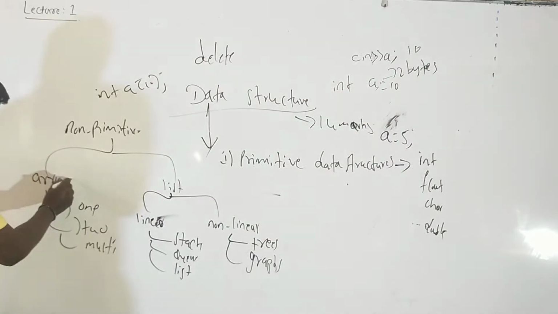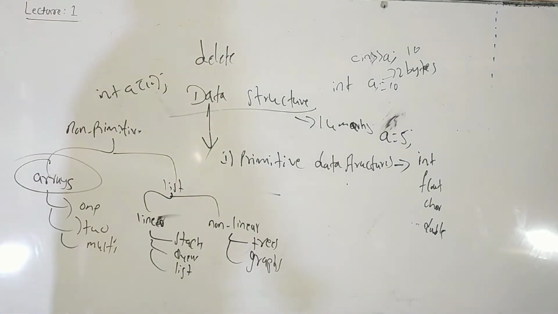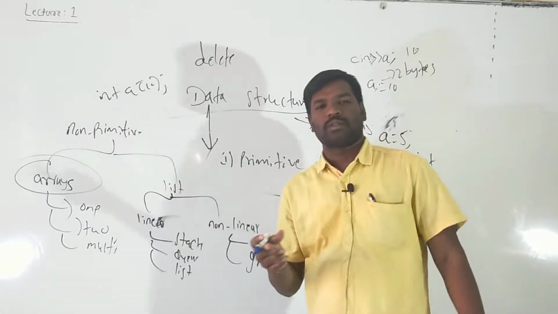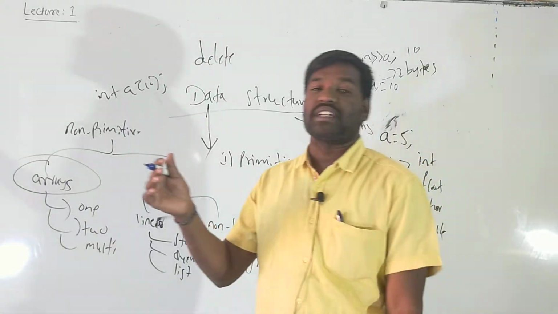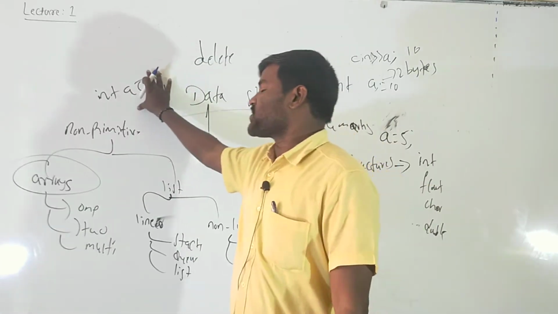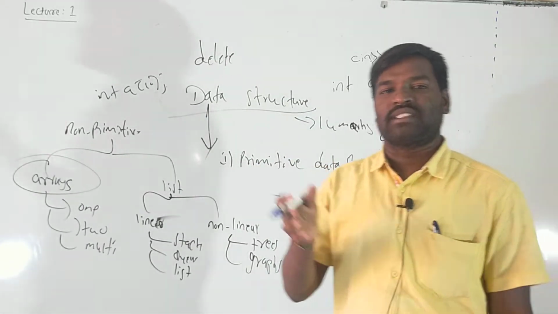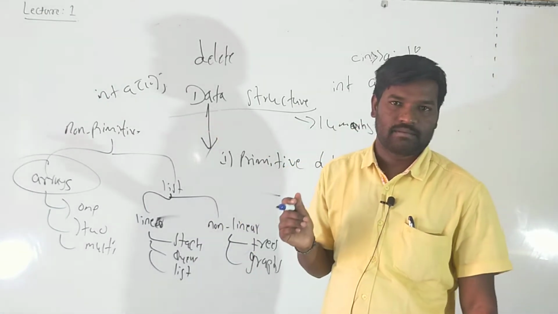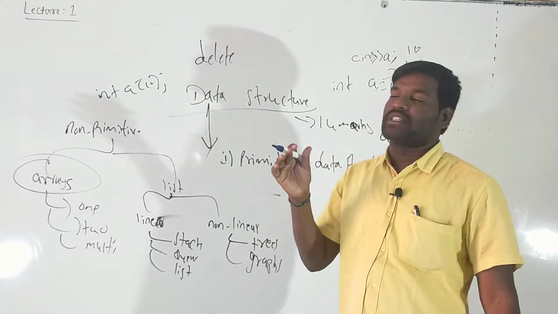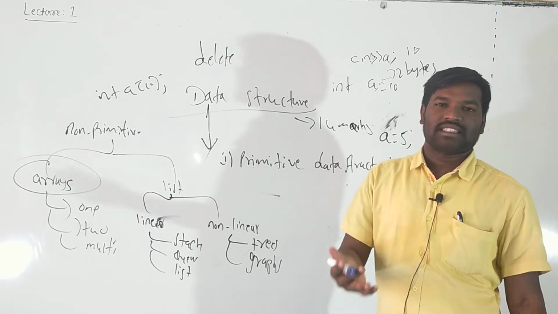Example, arrays, list, and we already know what is array and what are the types of arrays. Array means it is the collection of homogeneous data elements. Here homogeneous indicates the similar kind of data elements. For example, if I declare int a of 10, all the elements we store must be integer only. We cannot combine one integer, one decimal value and one character. That is nothing but heterogeneous. Homogeneous means same type of data elements can be stored under a single name, that is nothing but the arrays. There are three types of arrays.